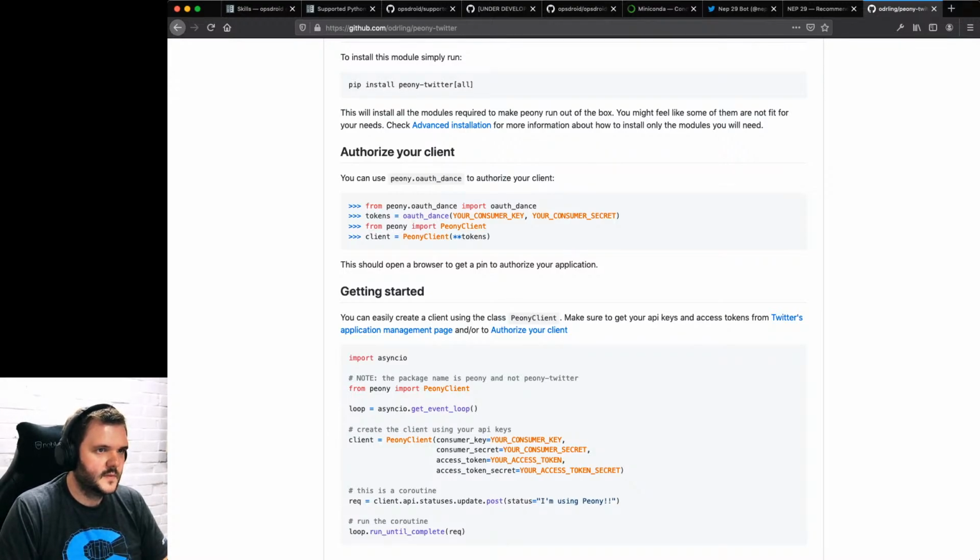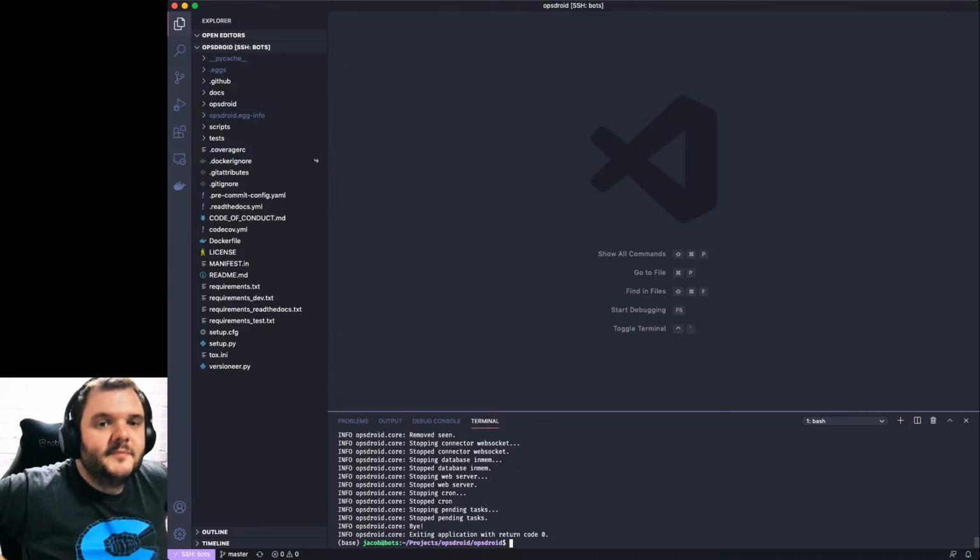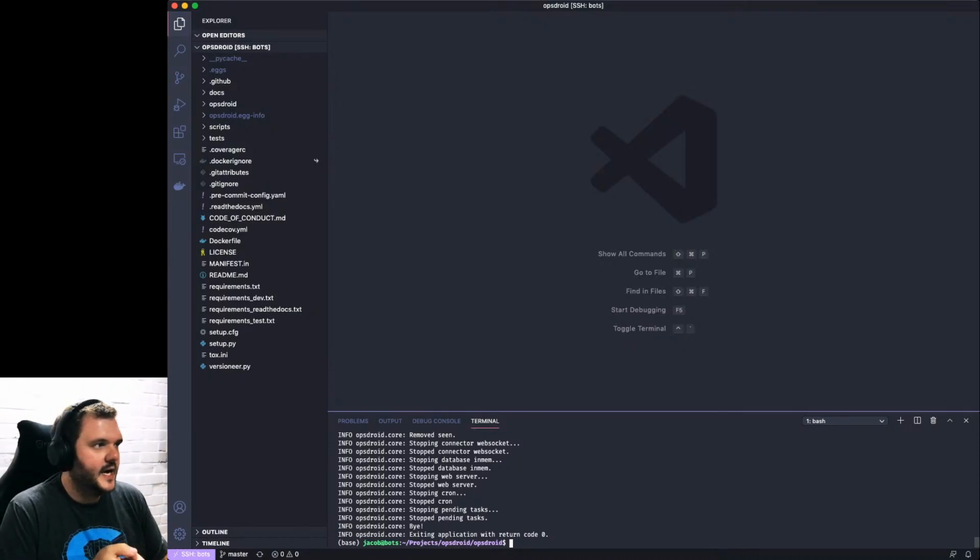Fine. Let's all of this. Right, I'm debating two things. I'm debating, should I work on the Twitter connector and make it work? I don't think I should, because I don't want this to go on for too long. I want to do this for maybe another hour, and then stop. Okay, look at it this way. I'm going to do this as a skill, and then if I finish, I might come back and try and do it properly as a connector.